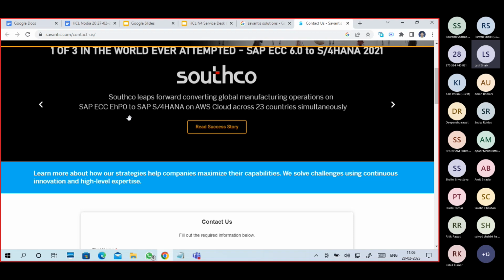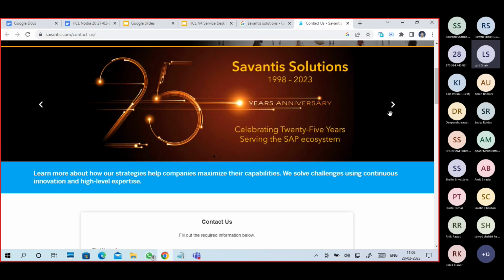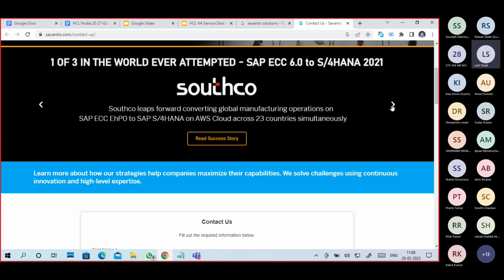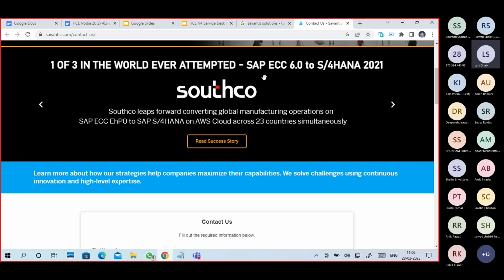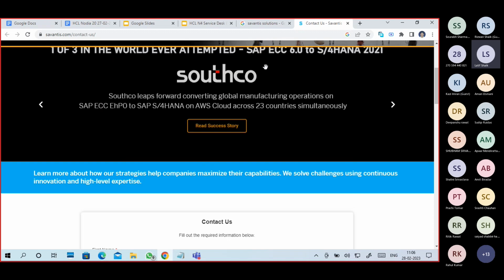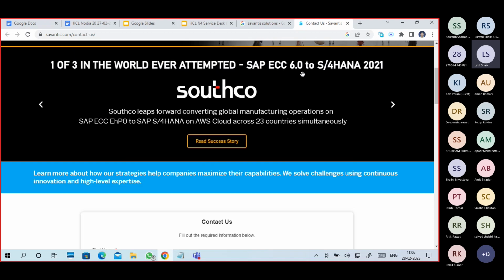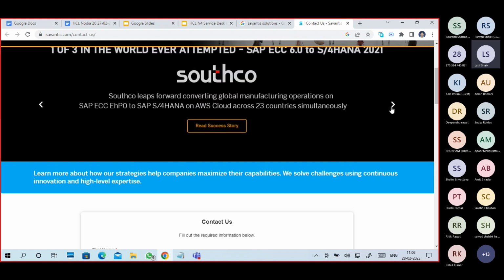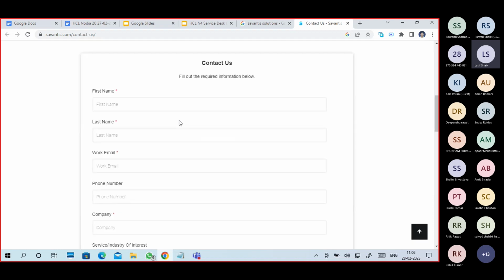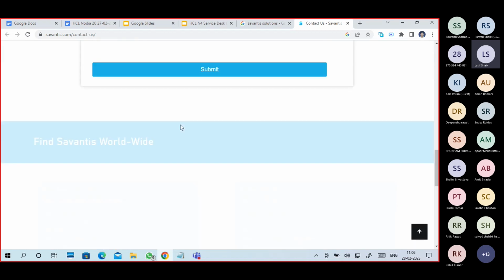They have been providing services since 1998. They successfully migrated from ECC 6.0 to S/4HANA in 2021. Other details you can go for.